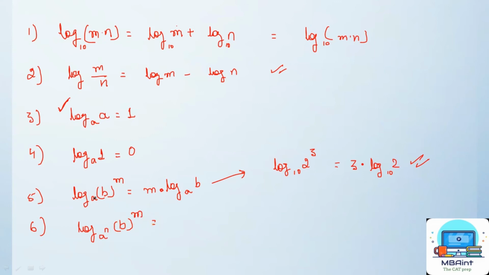So what I'm putting up extra here is, you had the power of b as m here, and no power of a, it was 1 here, right? But here the power of a is n and the power of b is m. So what happens is, again this will come out, but in a certain manner: m upon n log, with the base as a and the value as b, right? So in this case you can see that the power entirely came out, right? But here it will come out as a fraction, right?